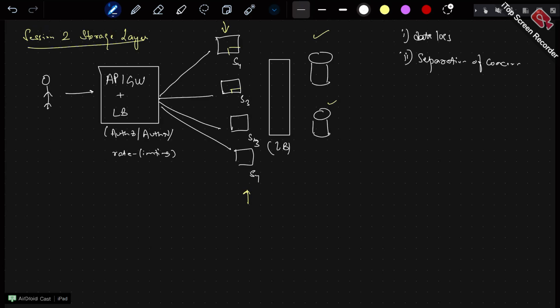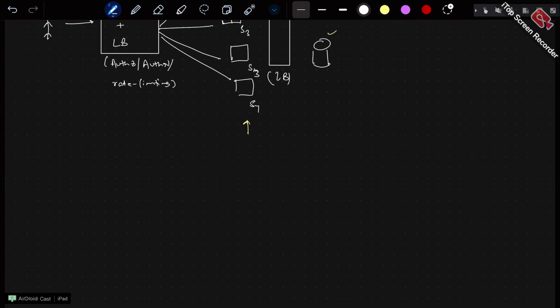And the database is the dumbest thing you see in this one, because its duty is only one job, that is to store the data. That's it. It's to store the data and persist it. That means you have just one duty, just keep storing the data and keep persisting it. I do not want any data loss. Okay, so that was the major separation of concern that we did regarding the data storage layer. So that was about the storage layer.